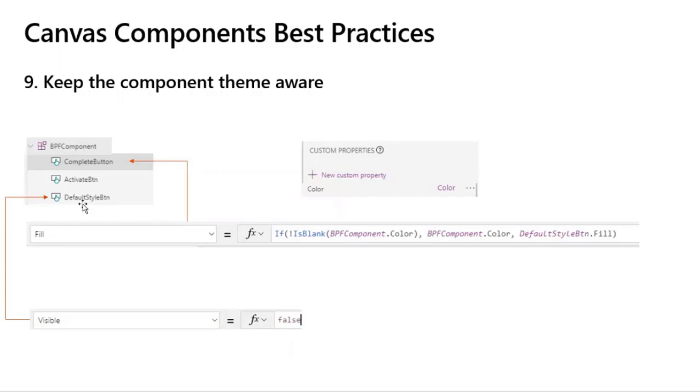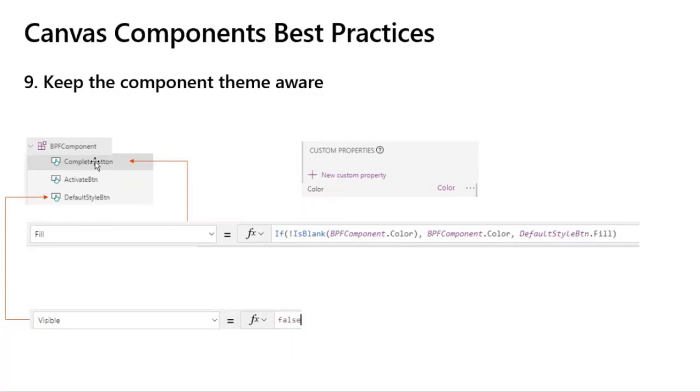I usually don't like having additional controls, but this was one of the easiest ways to ensure that your own controls within the screen reflect the current theming. So the reason this works is because this default style button will inherit any changes to the theming that's applied to your app. However, your components or controls that you dropped into your screen, you might want to be interested in not only